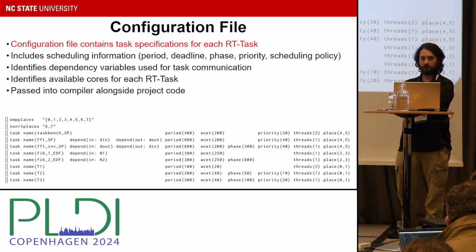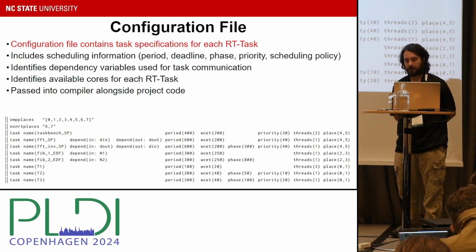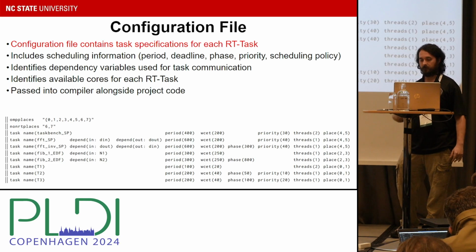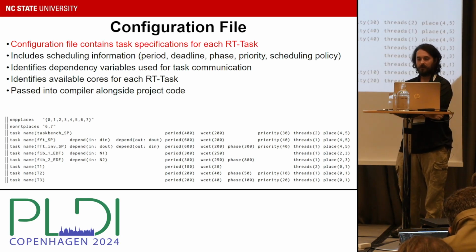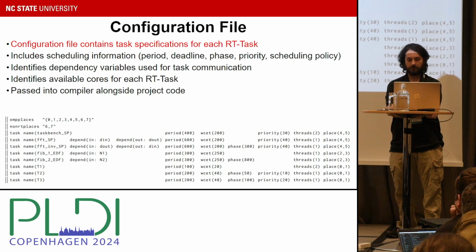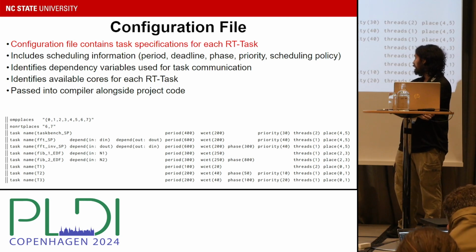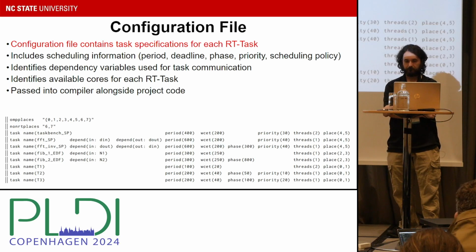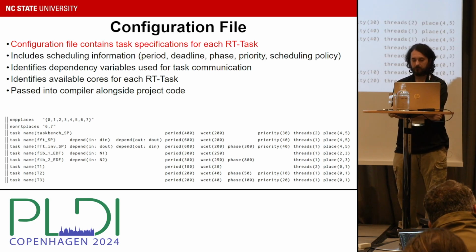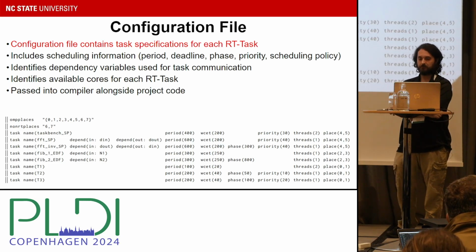So to combat that, you'll note the configuration file is passed in with the program in addition to the source code. This is used to tie the name of given RT tasks to the actual real-time properties: period, execution time, phase, and the actual scheduling paradigm that it will be under, either EDF, in which case there is no priority passed in, or static priority, in which case there is a priority listed,